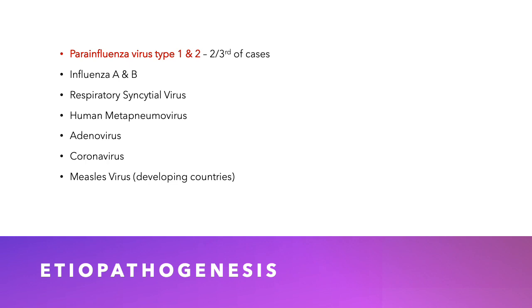Swelling of vocal cords produces the hoarseness of voice. Inflammation of the larynx and trachea is responsible for barking cough. Severity of symptoms may depend upon the baseline subglottic area and the extent of inflammatory reaction to the offending virus. Parainfluenza virus also enhances the mucosal edema by stimulating chloride secretion and suppressing sodium reabsorption. Influenza viruses cause a severe disease as compared to parainfluenza virus, as I already told you.